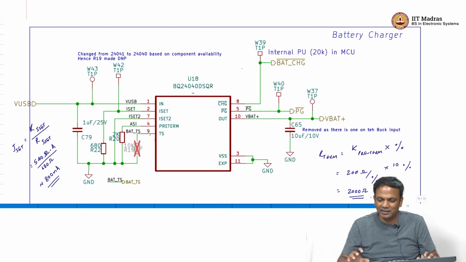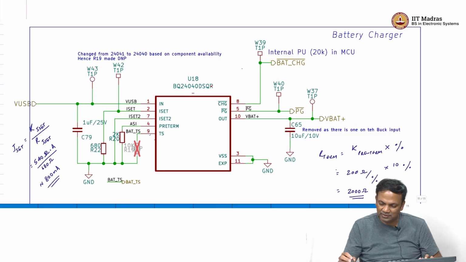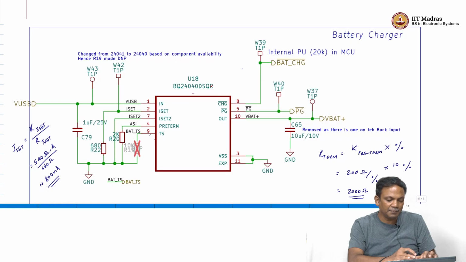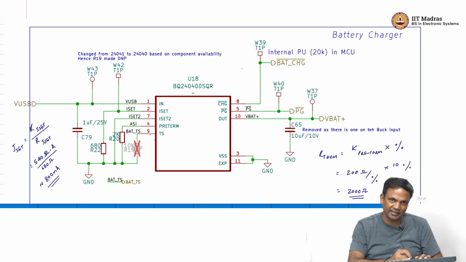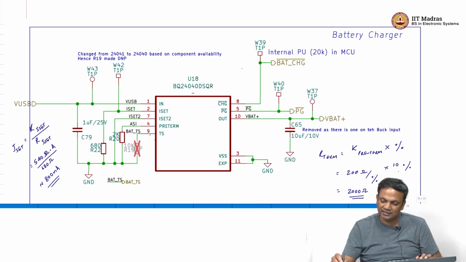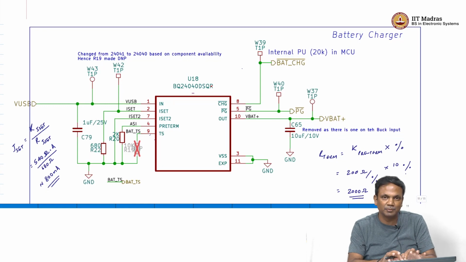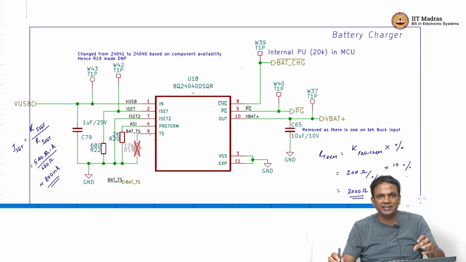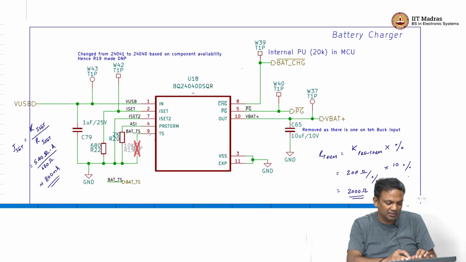So, let me repeat that. What I meant was that when the termination percentage, or when the current through the charger comes to 10% of the fast charge current. Fast charge current we have set to be 800 milliamp. The termination percentage we have set to be 10%. When we chose this resistor to be 2K, we are setting the charging termination percentage to be 10% of fast charge current. So, when the charging current comes to 80 milliamp, which is 10% of 800 milliamp, what will happen is that the